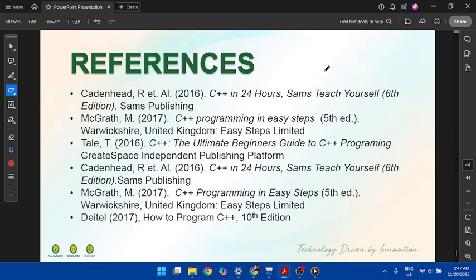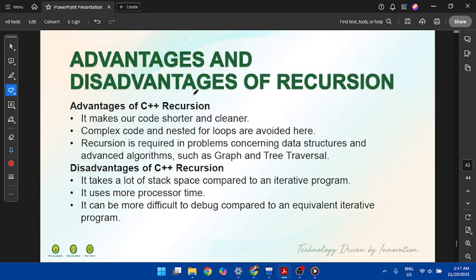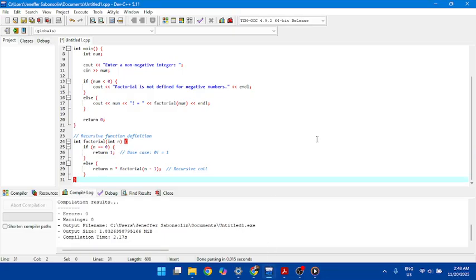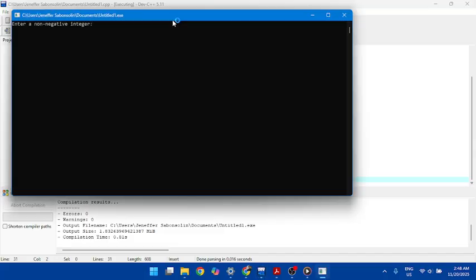Okay, so I think that's it. So if you have questions, just ask. Okay, so paano i-implement si recursive? Okay, compile and run. Enter non-negative